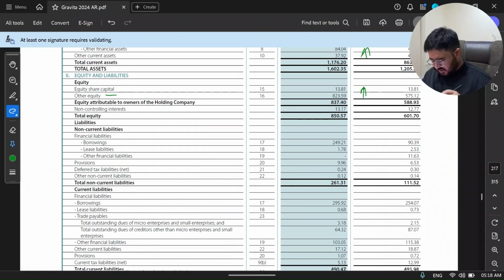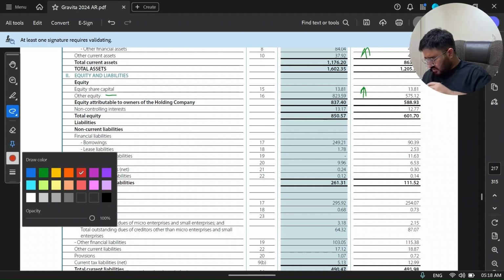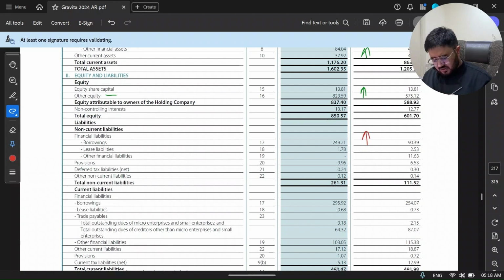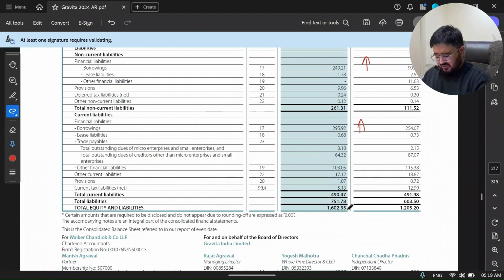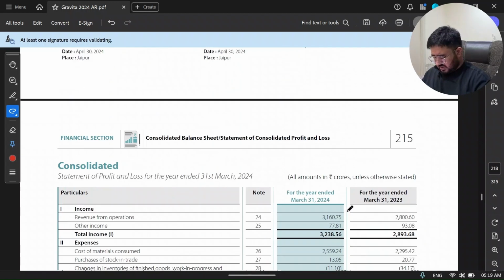Borrowing should decrease. Ideally, over here, borrowing has not actually decreased, it has increased, which is ideally not good. You have to analyze it further. Okay, over here, all is well. Borrowings have increased, which is not good. I love debt-free companies, however, this is not the case anyway. Let's go to